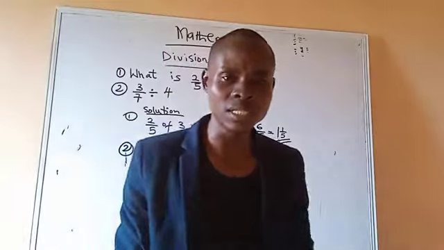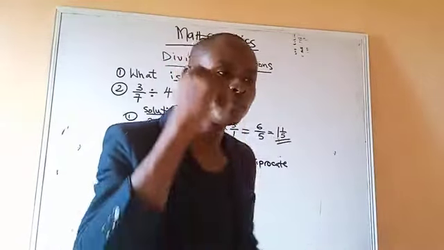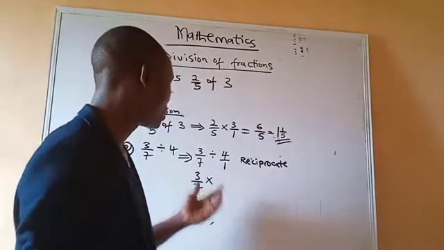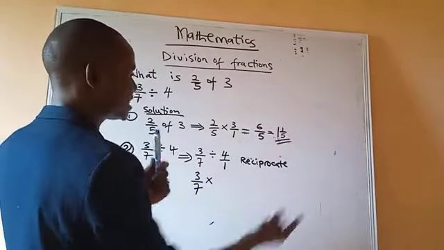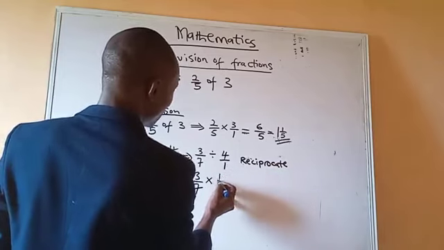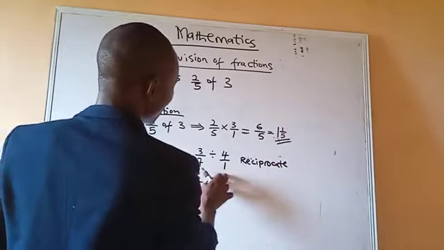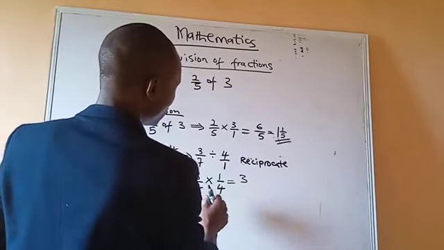What it means is this. You reciprocate, change your division to multiplication, then you turn the next fraction upside down. That is actually what the reciprocation means. This one now becomes 1 over 4. Do you understand? 3 times 1 will give you 3. 7 times 4 will give us